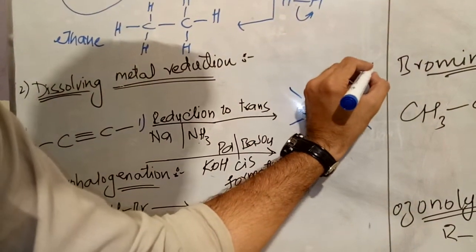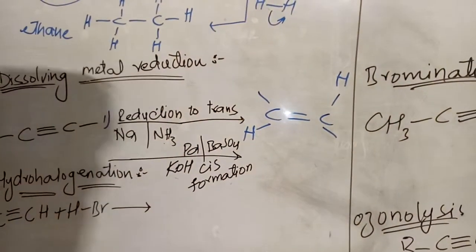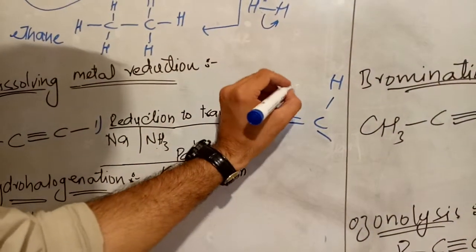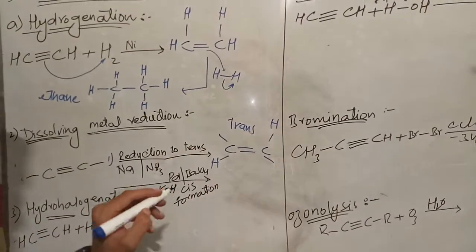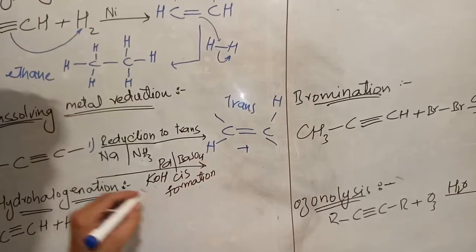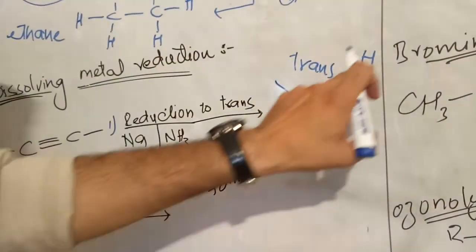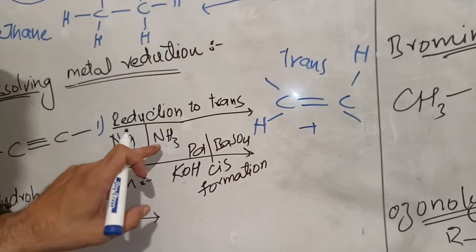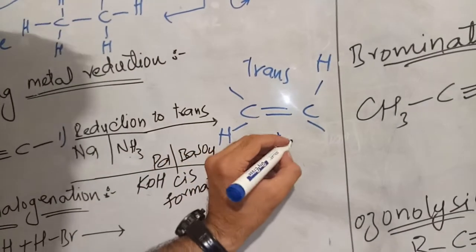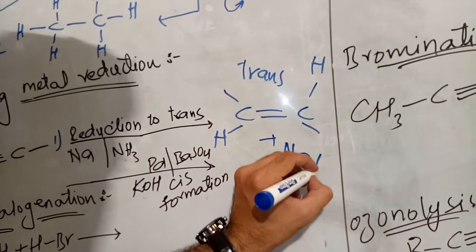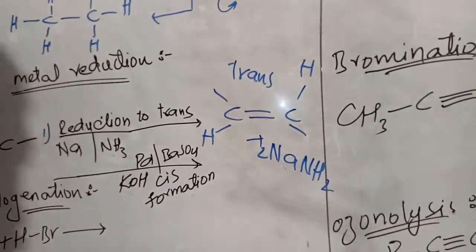By releasing hydrogen from this ammonia, we will get this alkyne into C double bond C, and one incoming hydrogen will be placed at this carbon, and one incoming hydrogen will be placed at this carbon, making a trans alkene. So this will be our product, and our side product will be, as you know, that this ammonia releases hydrogen, and that hydrogen is placed at this point. After releasing hydrogen, this ammonia makes a bond with sodium, and as a result this will give us the side product NaNH2, and that NaNH2 will be 2 moles.